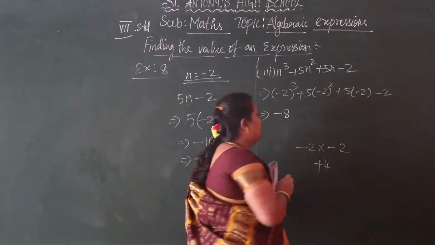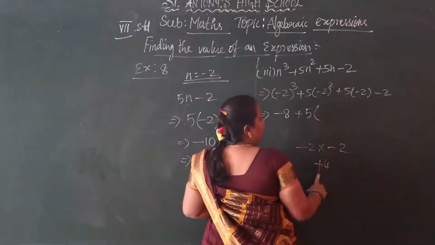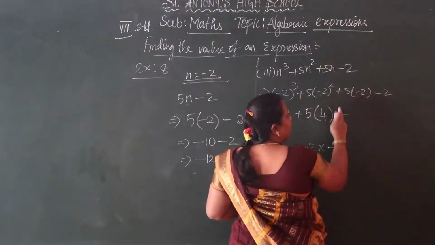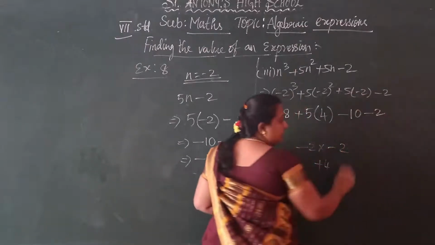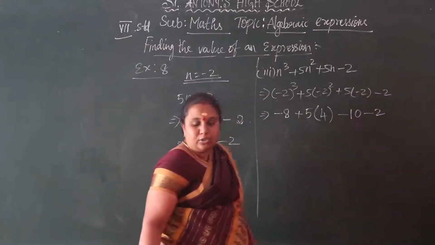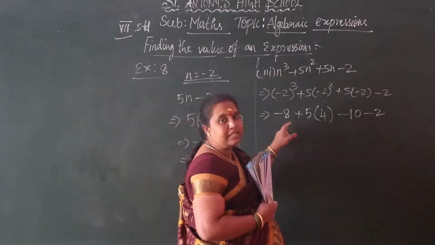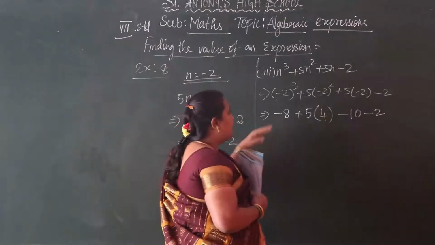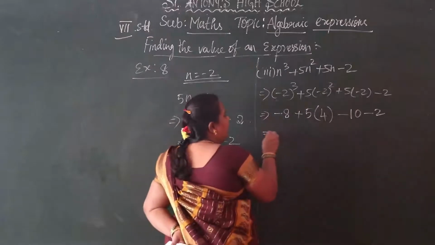Okay, understood, children? See, plus 5 into minus 2 into minus 2 plus 4. See, then minus into plus minus, 5 2s are 10. So minus 2 as it is. Okay, understood, children? So minus and plus is very important to find the values of the expressions here. If there is any simple mistake in minus and plus, the total answer is wrong. Okay, so even if the steps are correct, the answer is wrong. Okay, children. So that loses marks.